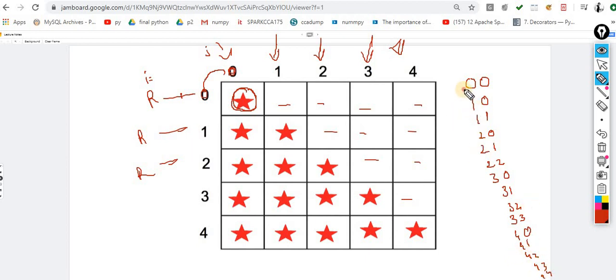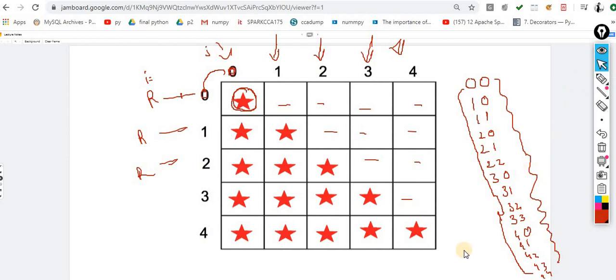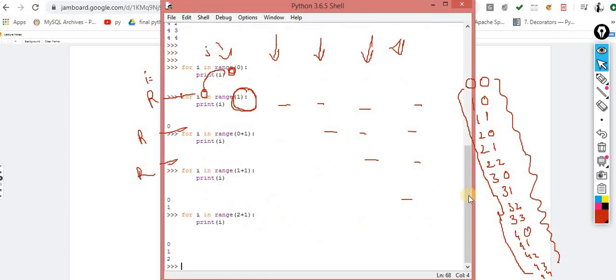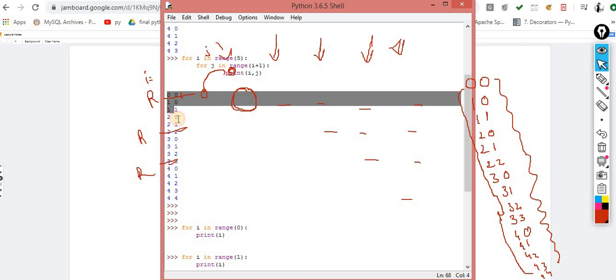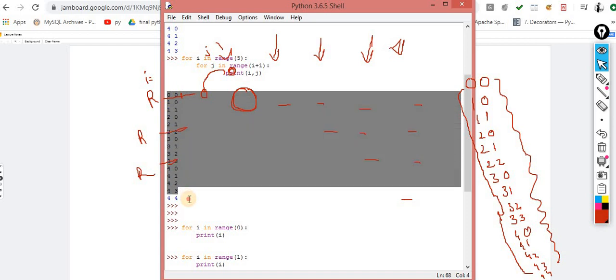Now you can check the output. I think we have already seen these values. Have you ever seen these values? Yes, a few seconds ago we saw these values. Perfect. Our 50% work has been done.